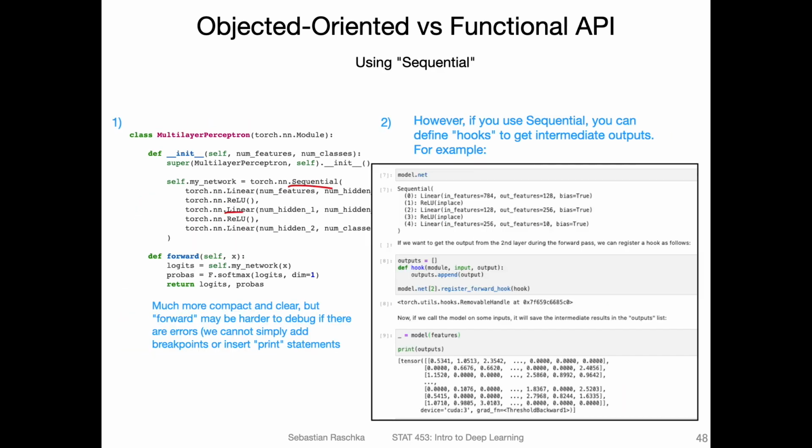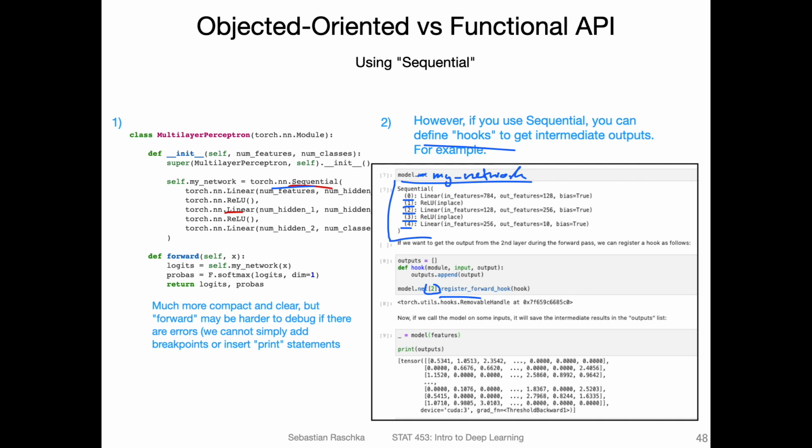For that, we have to create so-called hooks. We have to register a forward hook. That means we are really hooking into this API. So you first have to take a look at the order, the indices. After implementing this Sequential thing, this should actually be not net, but my network. If I print out my network, you can see there are these indices 0, 1, 2, 3, 4. It's essentially almost like a Python dictionary. And then I can access this.